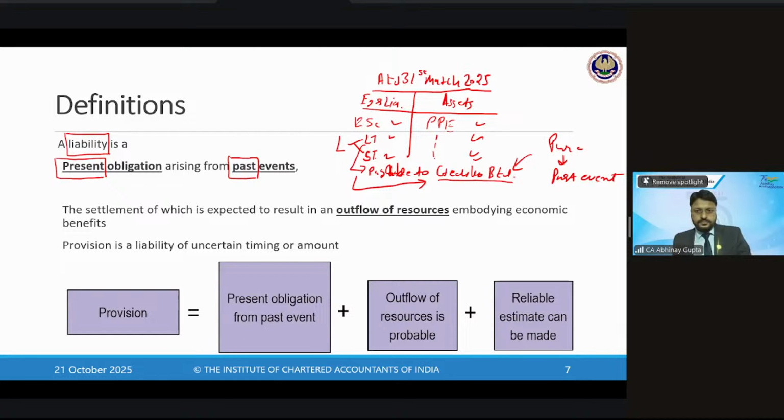Yes, it is a present obligation. So liability is a present obligation arising from certain past events which have already occurred, the settlement of which is expected to result in an outflow of resources. Yes or no? Outflow of resources. So as and when I settle this liability to B Limited, I need to incur some outflow of cash. Yes. Resources